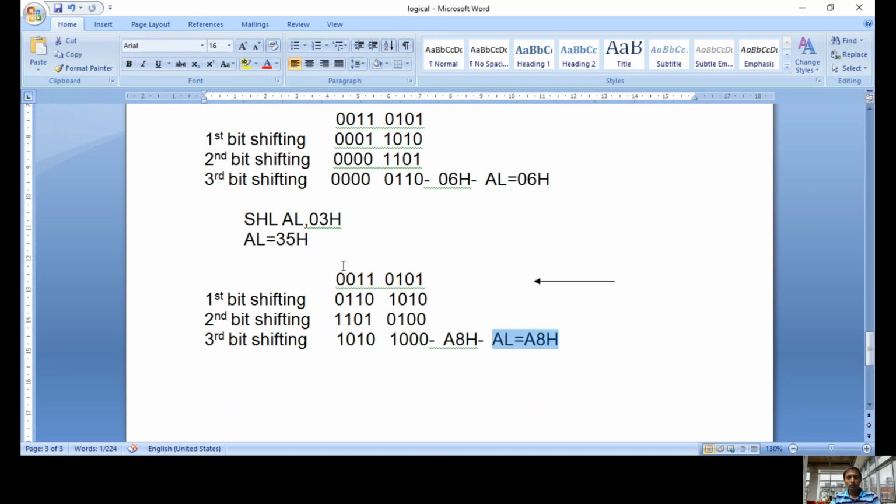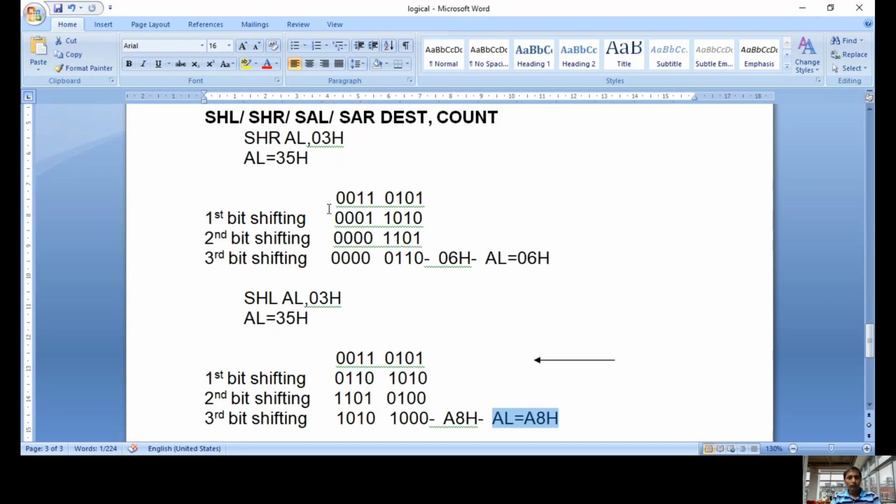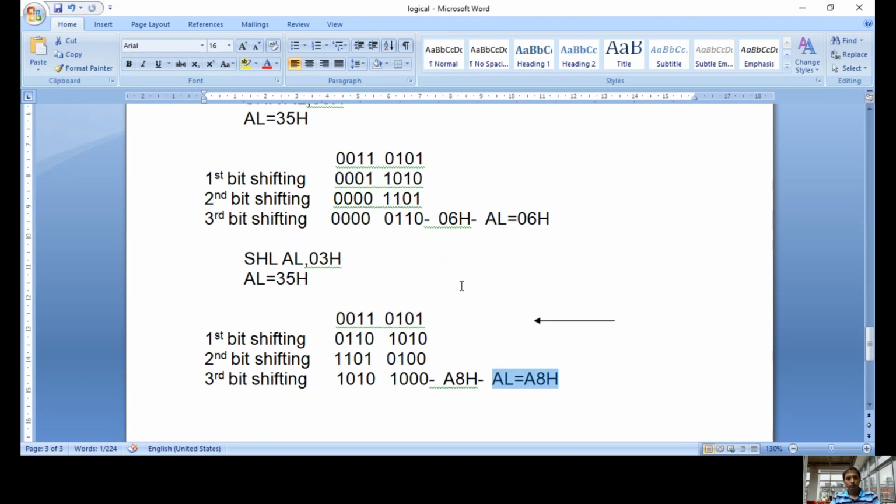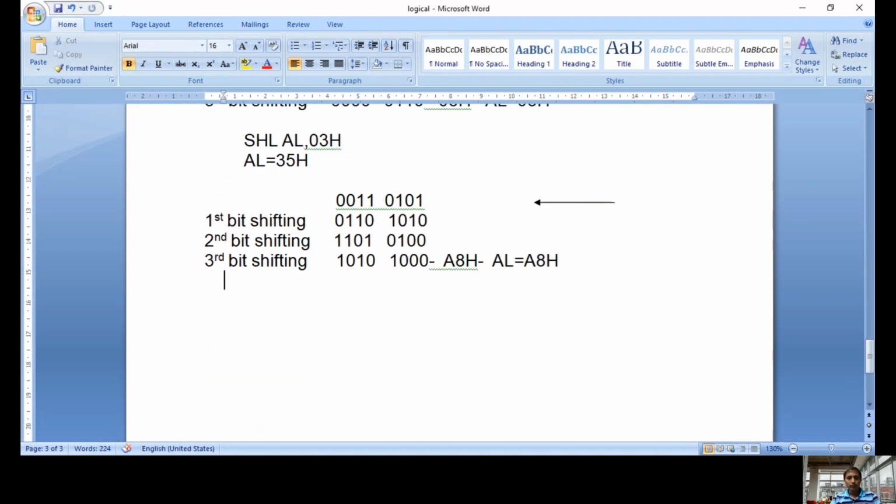So these two are related to shifting left side or right side without carry. If it is with carry, what happens here? Carry is present. Now this MSB value will enter into the carry after shifting, and the carry value will go out. So that is for left. If it is right, what happens? The carry value will enter into the MSB, then the LSB value will go out. Same procedure we can analyze. This is about the logical instructions of 8086.